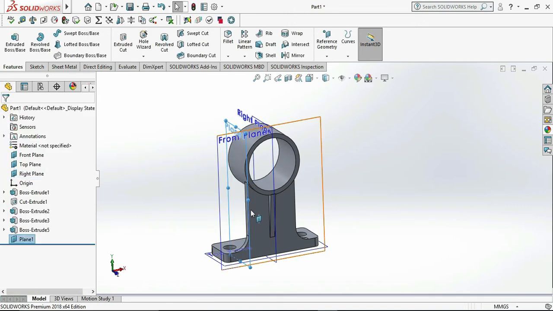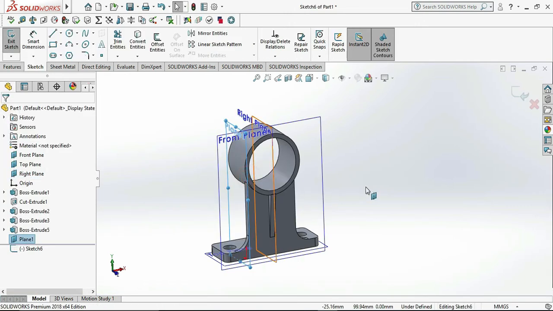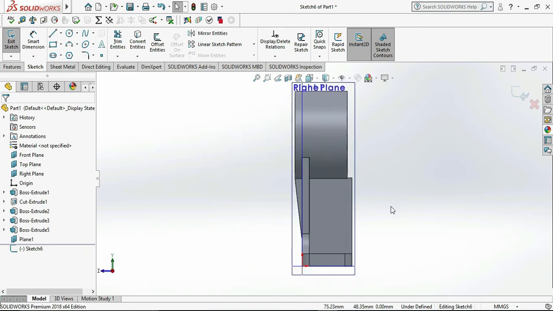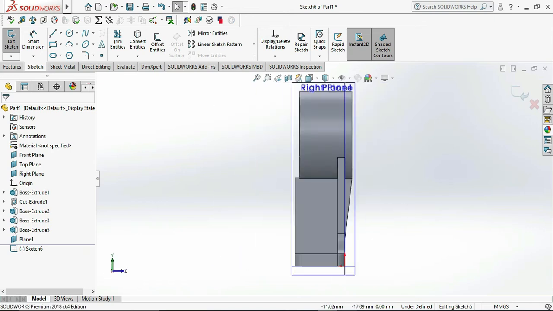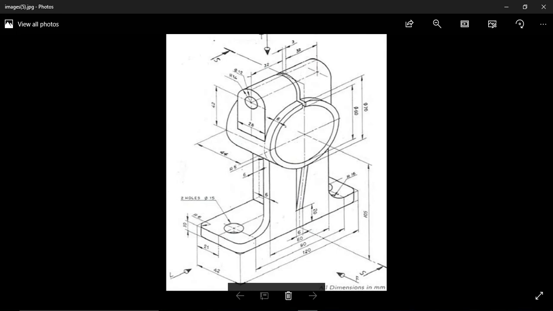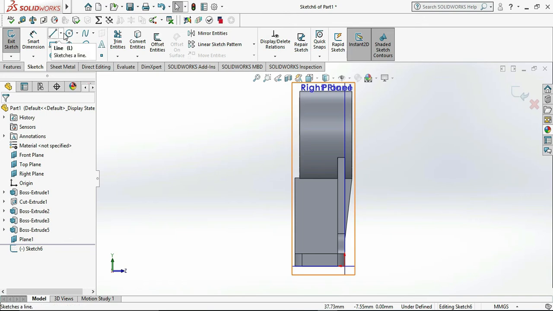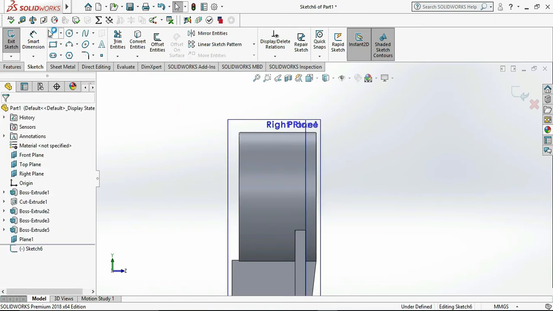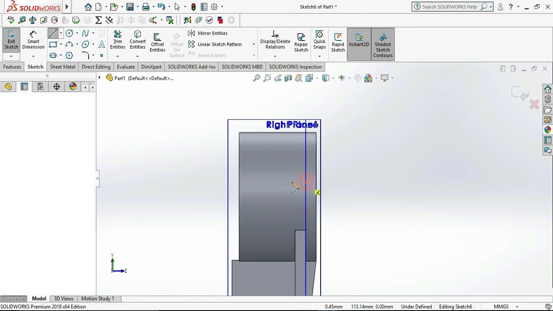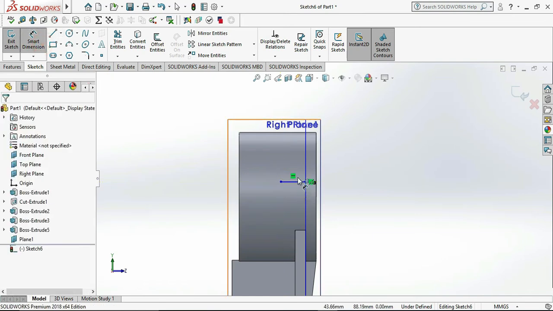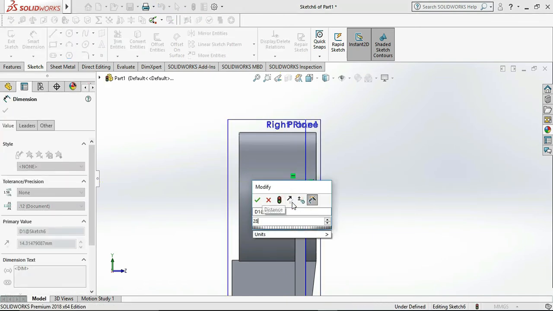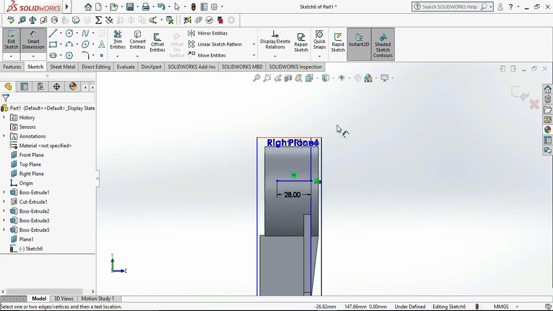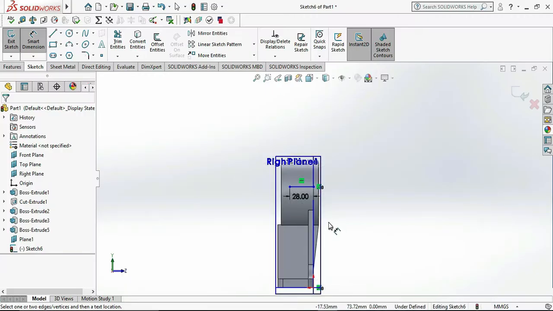Then choose the new plane and click on sketch, press F8 and then draw over the sketch. So firstly draw the center line, firstly draw the line and give the dimension as 28 mm, which is our bottom line, and give the distance